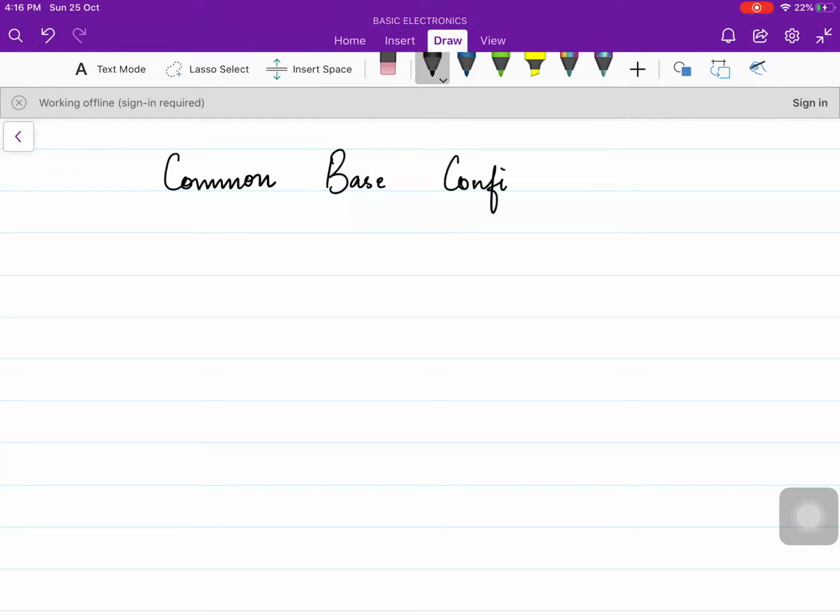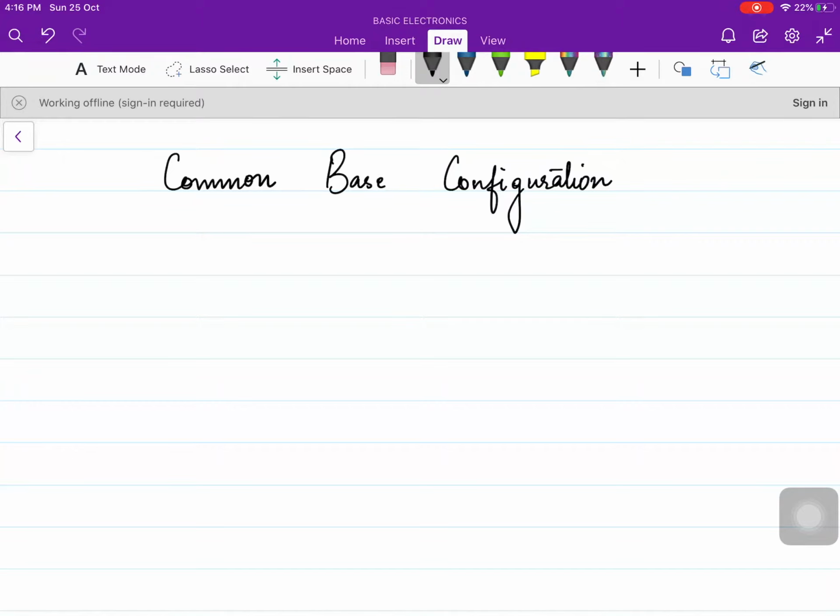First of all, we must understand how to draw the circuit diagram of common base configuration. Always remember, we are going to make the configurations in active bias. That means we will draw the circuit such that we will active bias the transistor. Why are we going to bring the transistor in the active mode of operation? Because in the active mode, transistor behaves as an amplifier, which is the most important application of a transistor. So let us draw the diagram.